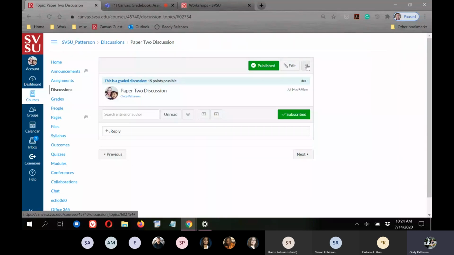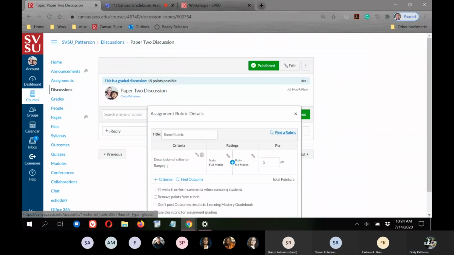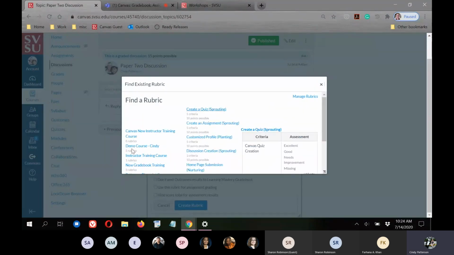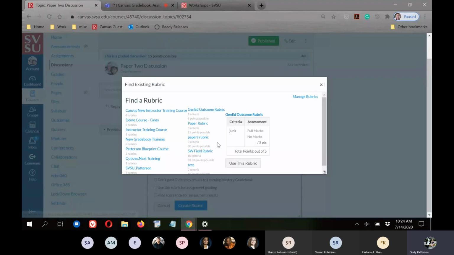To add a rubric to this, you have to click the 3 dots in the upper right-hand corner. I'm going to click Add Rubric. And then it's the same as before. I can find a rubric. I can create a rubric from scratch. I already have a rubric for discussions. So if I click in and I find the right course,